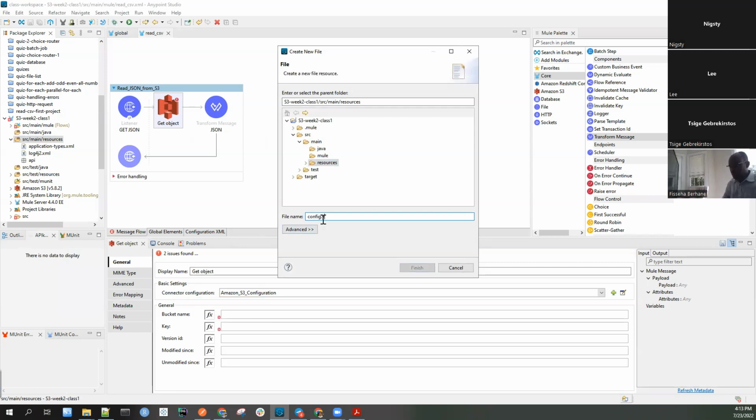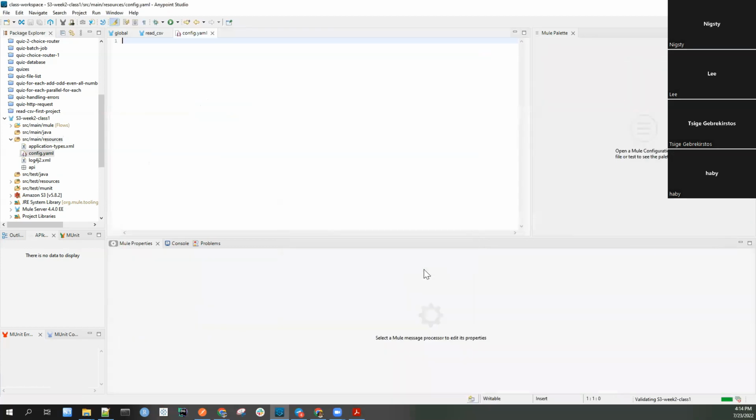Then config.yaml. So we put our credentials. Let me see if you are on this page. You go to source main resources, right click on it, go to new file, create new file, and you come to this step and call it config.yaml. Yeah, we use this to connect to MySQL, Postgres as well. So finish. Then we put here, let's call it AWS, then colon,